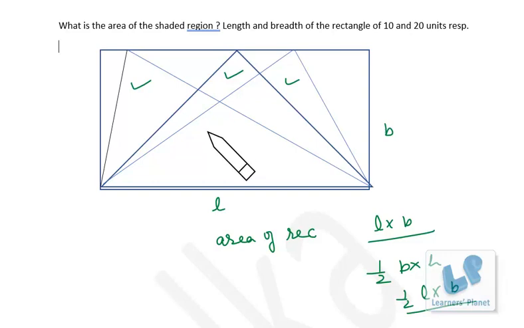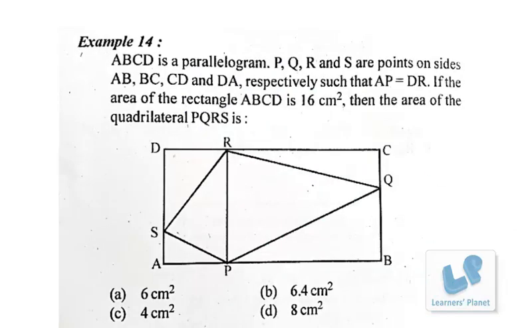Okay, so as in the previous case, if you are asked what is the area of the shaded region, that I have already calculated. What is the area of the non-shaded region? In that case, it will be half, because half is triangle, so half is non-shaded region. So this way you can do this sort of problems easily. Okay, now on the same concept, I have one more problem. Let's see that.